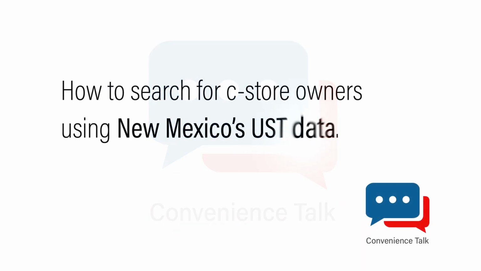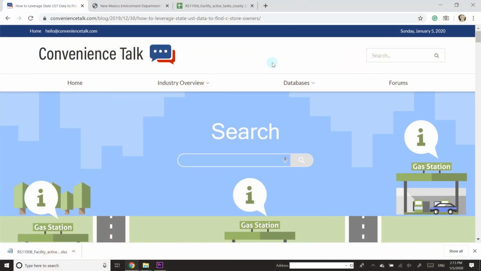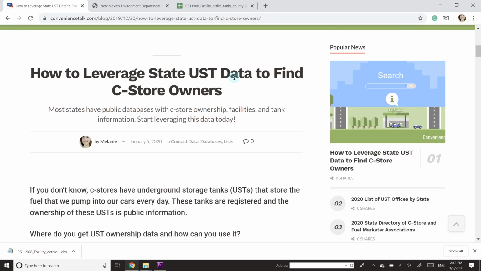Welcome to Convenience Talk. My name is Melanie, and today's topic is how to search for CSER owners using New Mexico's UST data. So I wanted to start by going over a blog post on Convenience Talk, and what this